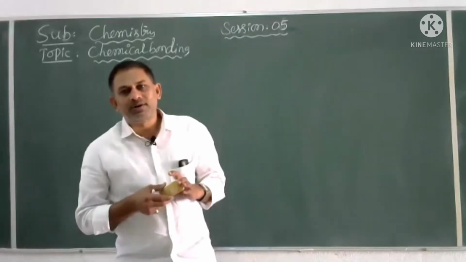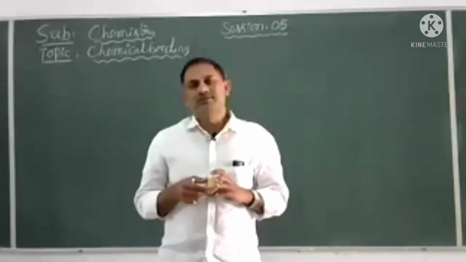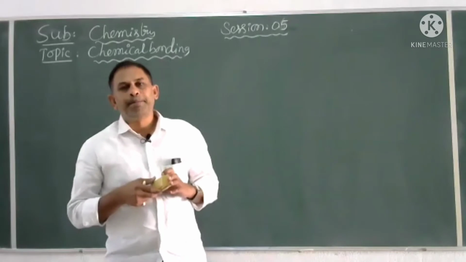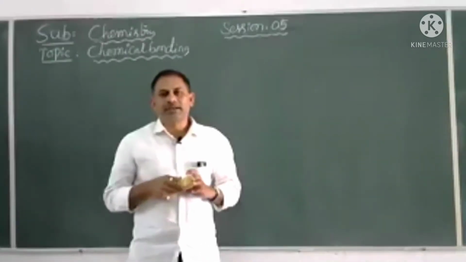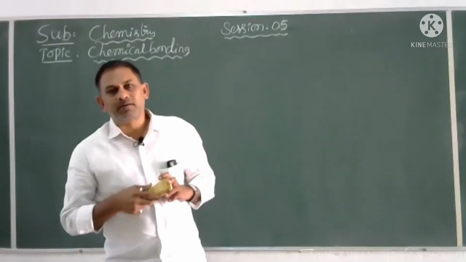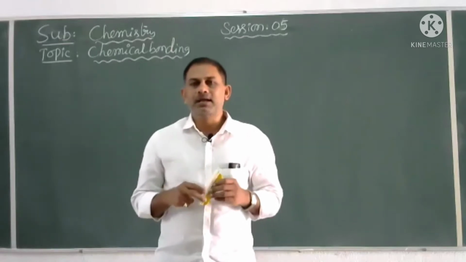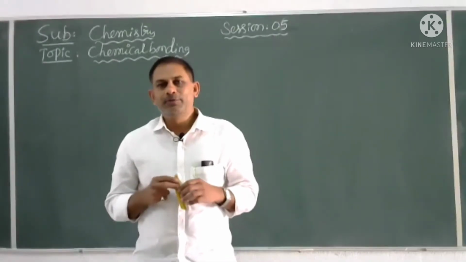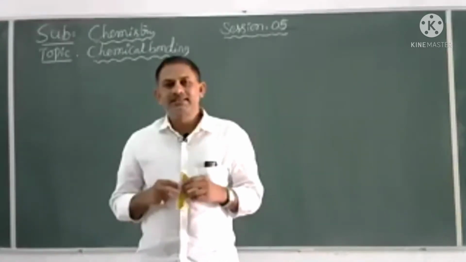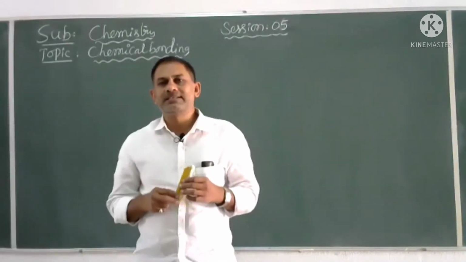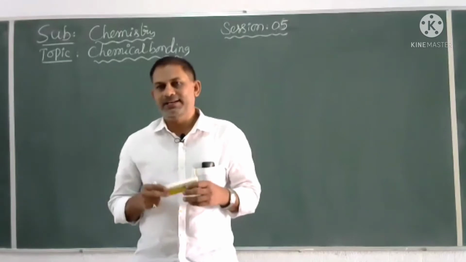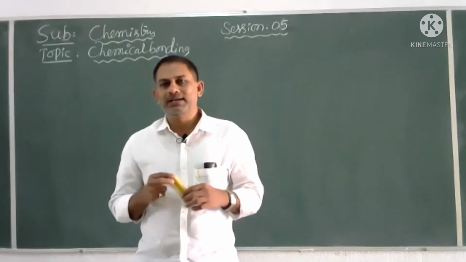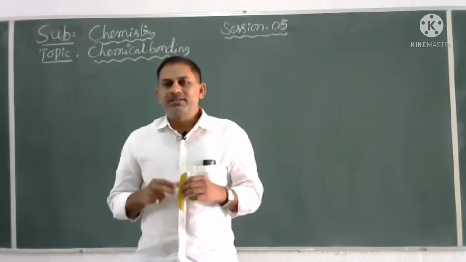Types of covalent bonds, polar and non-polar bonds. Then bond parameters were explained. After bond parameters, dipole moment started. The dipole moment definition as well as formula and percentage of ionic character were explained. Now in dipole moment, one important concept is